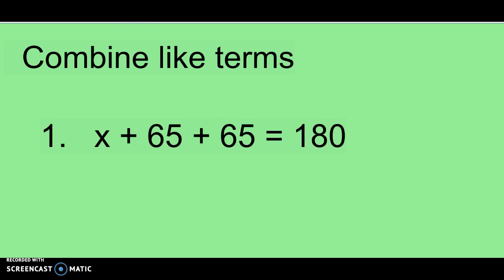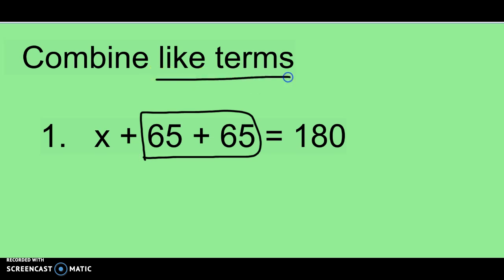So when you combine like terms, here's what you do. You're going to go and combine things that are alike. Well, it looks like these two guys are the same. Now, I probably shouldn't have made them the same number, but the reason that they are like terms is because they have no variable with them. So when they have no variable, and it's just basically a constant, you can combine them. So we're going to add these together,